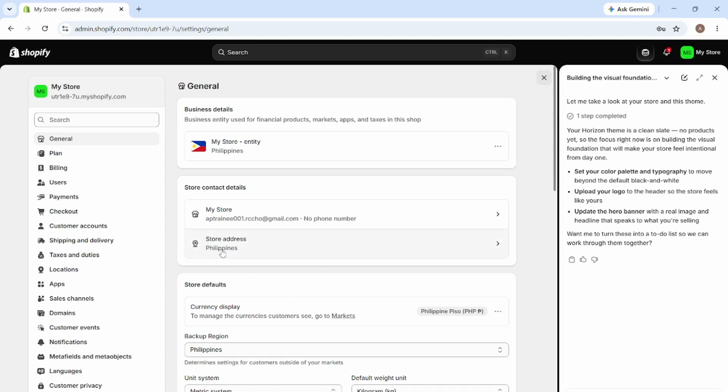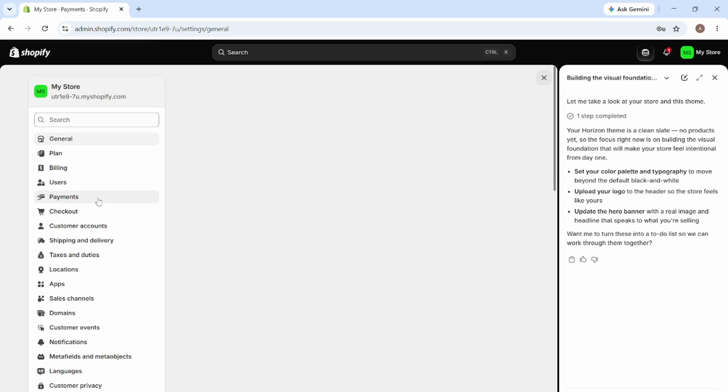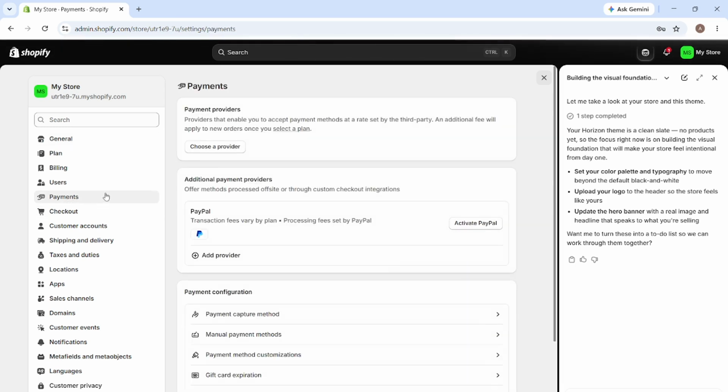After you click Settings, you will see a list of categories. The next thing to do is find and click Payments. This section controls what payment methods you offer and how they are set up. Take a moment to confirm you are in the Payments area because you want to make changes specifically related to checkout and payment processing. Clicking Payments will bring up the Payment Settings page, where Shopify shows the current payment methods